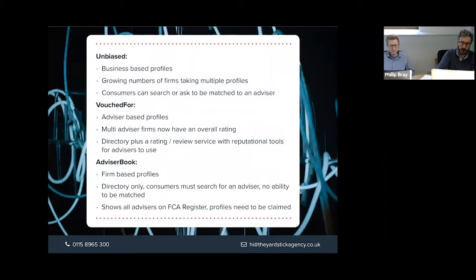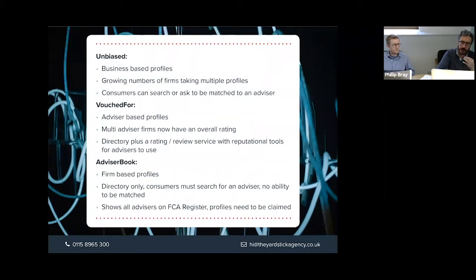A couple of months ago, they did the guide to the top advisors in the Times, all sorts of stuff like that. So what Vouched For are trying to do is show the quality of outcomes, which I think is really quite useful. The vetting procedure they go through to ensure that reviews are genuine is robust. Big fan of what Vouched For are doing.